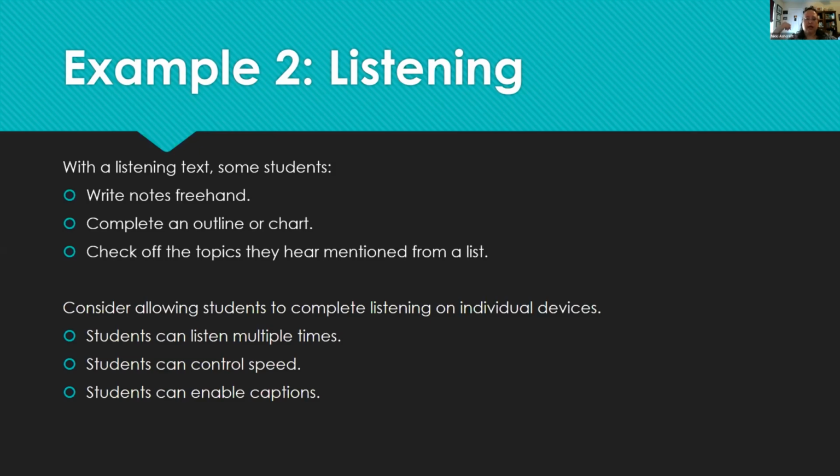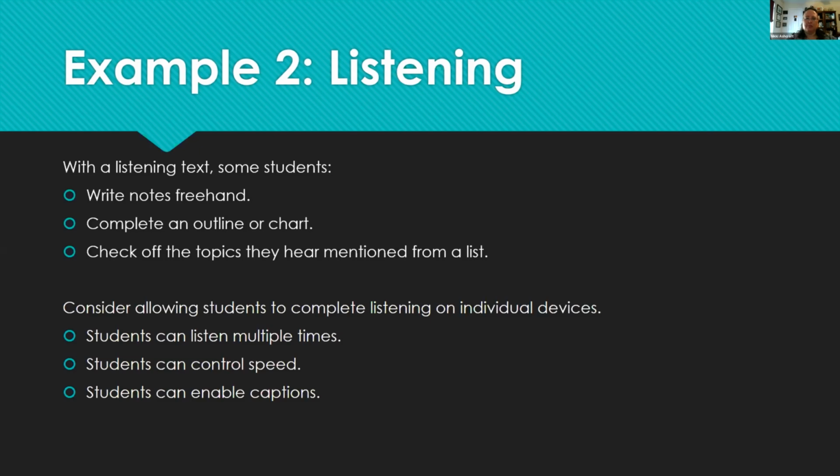They can listen multiple times. Very often, if it's something like a YouTube video or a TED Talk, they can even control the speed of how fast or how slow the person is speaking. And also students can enable captions in English, and sometimes even enable captions in their L1. So there are some supports that students are able to access when they listen on their own that we aren't